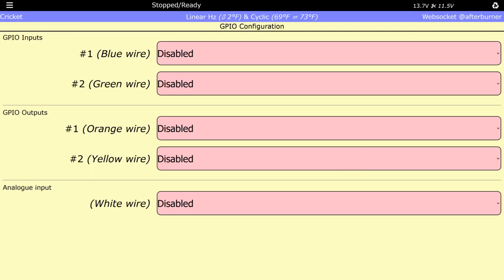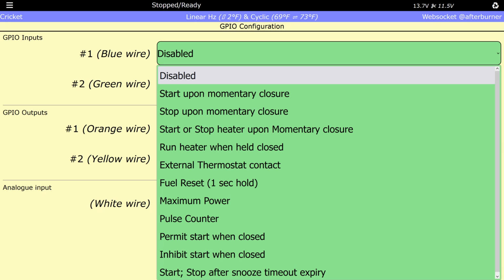This is a view of the GPIO configuration screen. You can see the inputs, outputs, and the analog input. It is a password protected screen, so if you click on it, you're going to have to insert the password to allow them to be changed. In this screen, I have unlocked the fields of the GPIO with the password, and these are the selections that